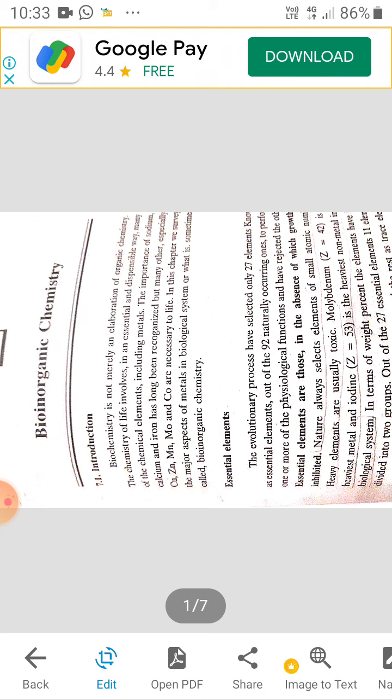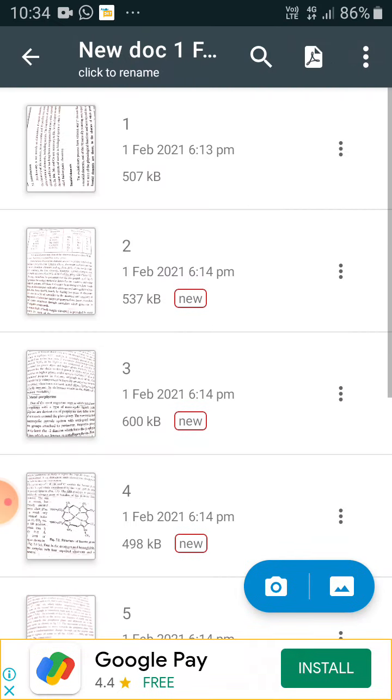Essential elements. The essential elements are those in the absence of which growth is inhibited. Nature always acts on elements of small atomic number. Some of these elements are toxic, such as molybdenum. Then we have iodine, etc. These elements have very small atomic number and a very small existence